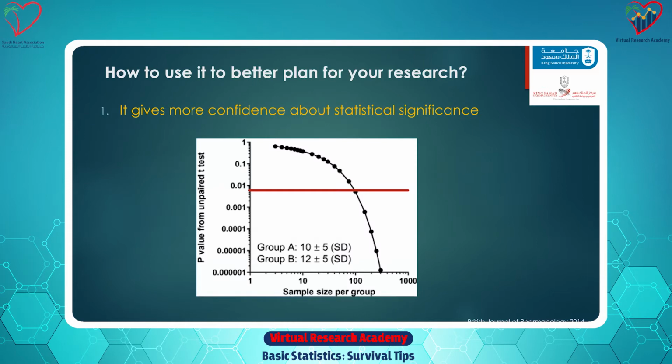So just to give an example for the first point, that it gives us more confidence. Again, this is difference in mean. This could be heart rate, blood pressure, whatever you're studying. And you can see for the exact same numbers, you can get a p-value of close to 1 all the way to 0.00001 by just increasing the sample size. So what you could do for the same intervention, you keep collecting until you get this. I'm not saying people do that, but in theory, that could happen. But if you had decided your sample size before collecting data, and then you find a significant p-value, then our confidence that this finding is true is more.